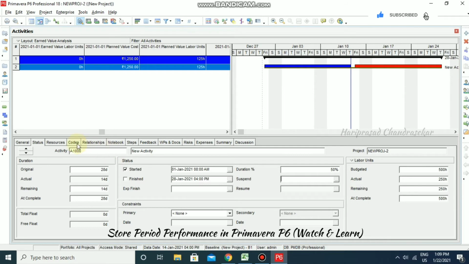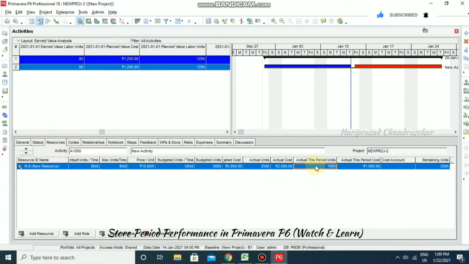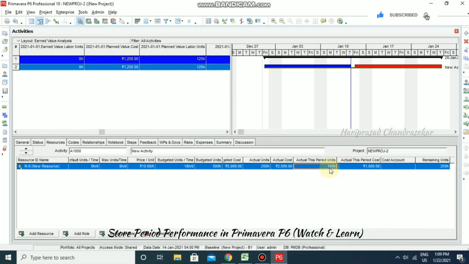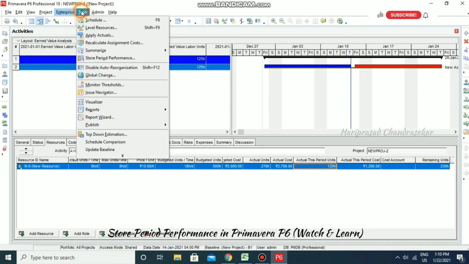So here now I am going for resources. The actual this period unit is looking as 100, but what we have is 120. Then I am supposed to put 120 here, and we can go for tools, store period performance.